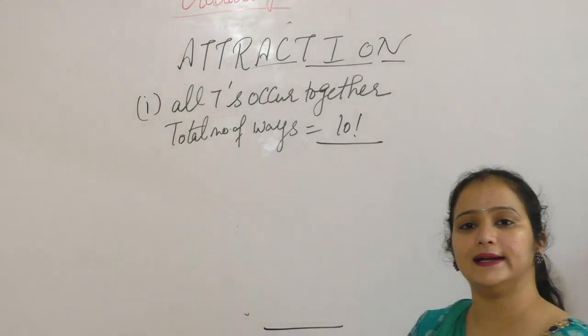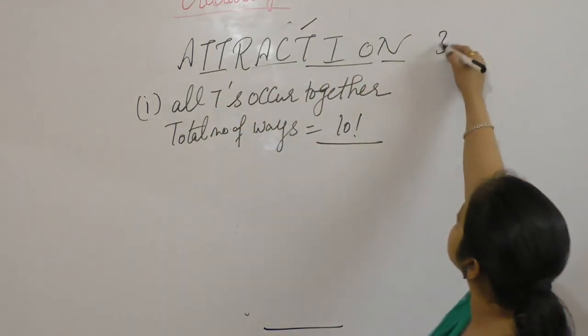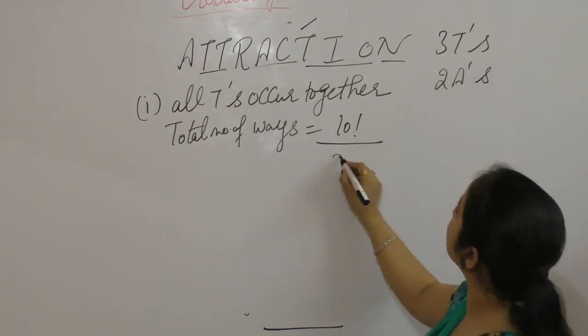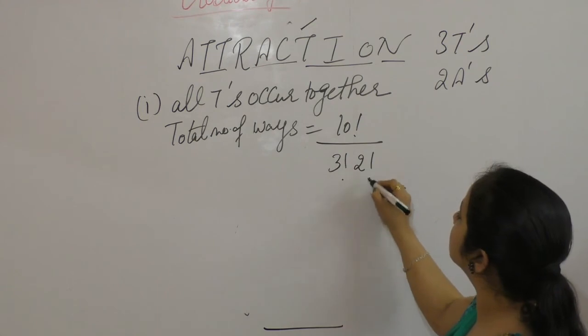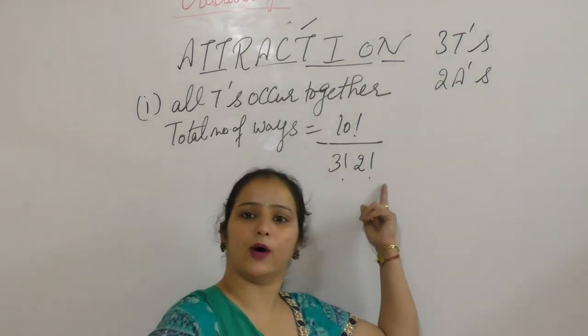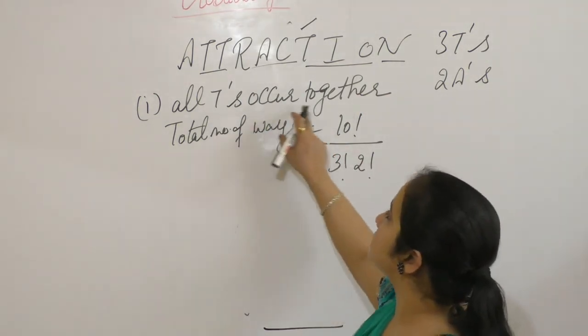Is there any letter which is repeating? T is repeating 3 times and A is repeating 2 times. So the total number of ways to arrange the word attraction is 10 factorial upon 3 factorial and 2 factorial. First is the case when all T